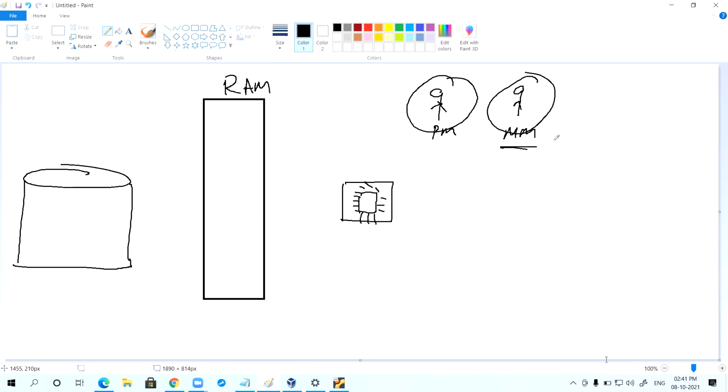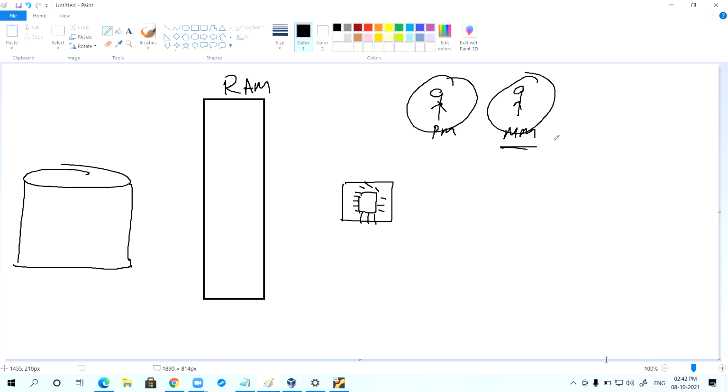In very simple words, when the process manager asks the memory manager to allocate a space in the RAM for a new process, the memory manager should not say there is no space in the RAM. The memory manager needs to manage the RAM space.